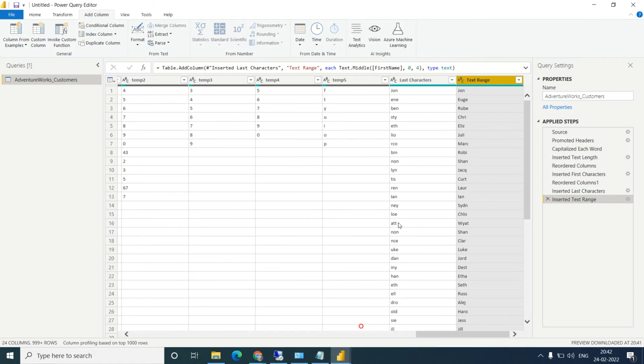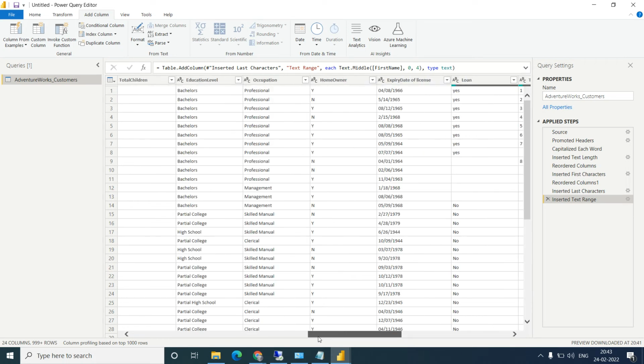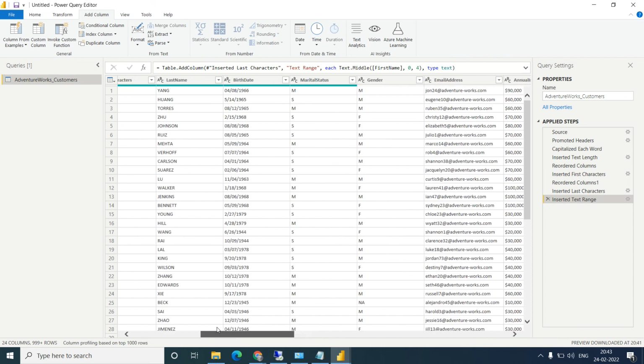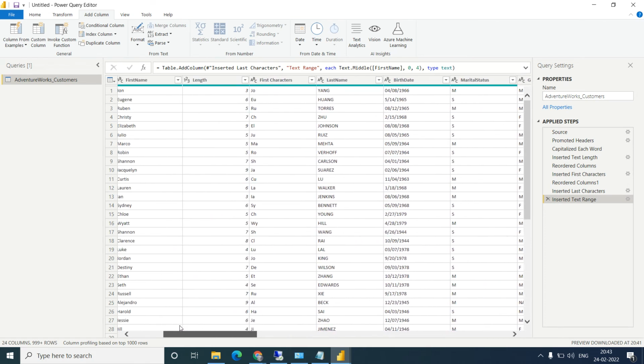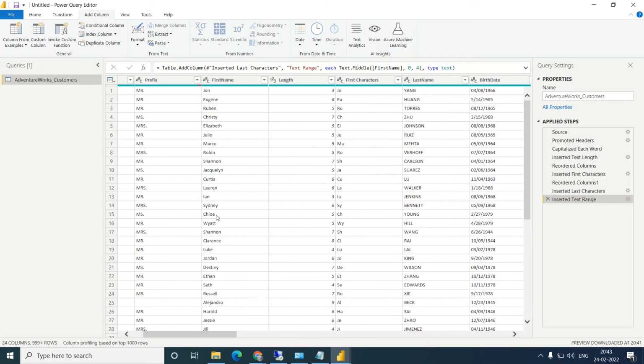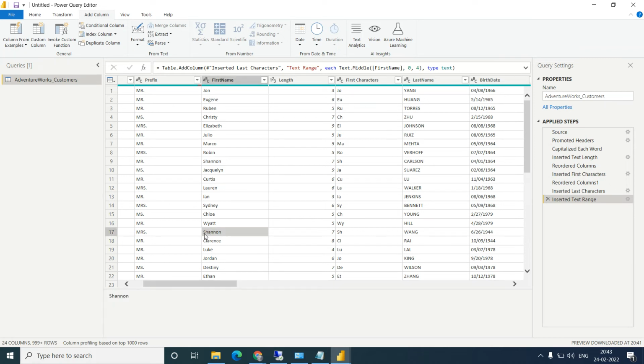If you see, we added the 0 to 4, so we got JON, because it has only 3 characters. But look at a word which has 5 characters or more, let's see Shannon. So how much should come? SHAN. Only 4 characters should come, SHAN, right?